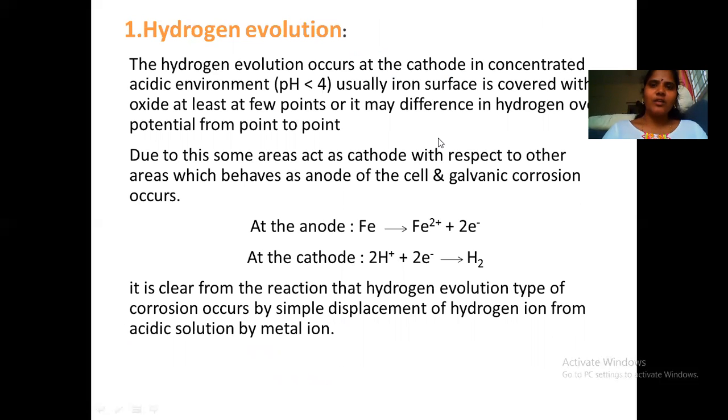Generally, hydrogen evolution occurs whenever the metal is in contact with an acidic environment. And the acidic environment releases H plus ion. If you take the reaction here, I took the example of iron rusting. Iron releases 2 electrons and produces Fe plus 2 ions. And the 2 electrons which are produced will transfer towards the cathode, and at the cathode, as our electrolyte is acid, it takes up H plus ions and releases H2 gas. So as hydrogen gas is evolved here, this type of mechanism is considered as hydrogen evolution.